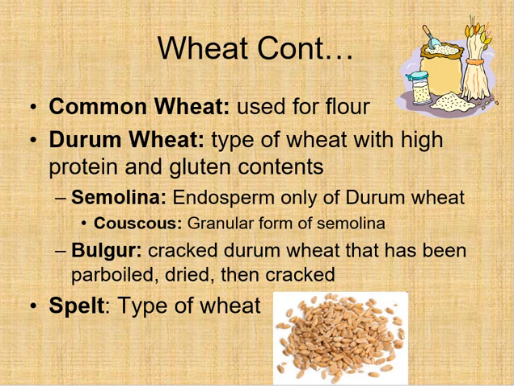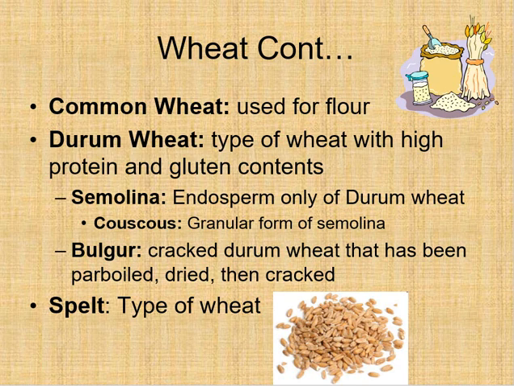Alright, so we're going to look more into wheat. Common wheat is used for flours, just your basic white flour. Durum wheat is a type of wheat that has high protein and high gluten content. When you break those down, you get semolina